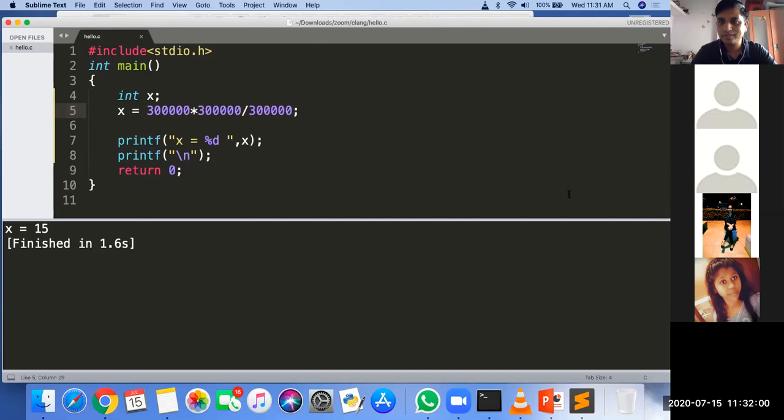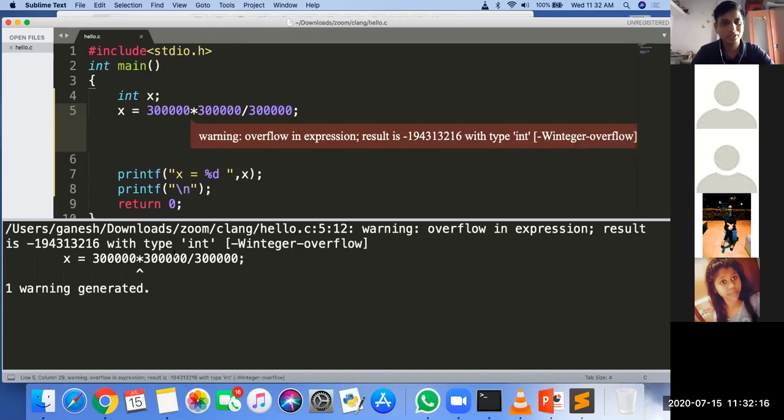Error, sir. Okay, so which error? Because the range of int is limited. Yes, observation. So it depends on the observation. Actually, the answer is not any of those; it is a random number.